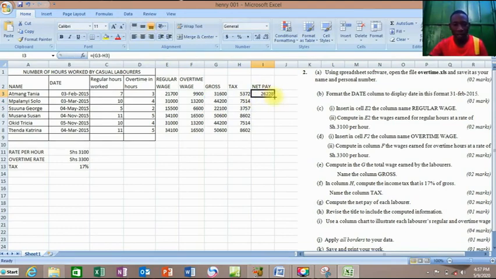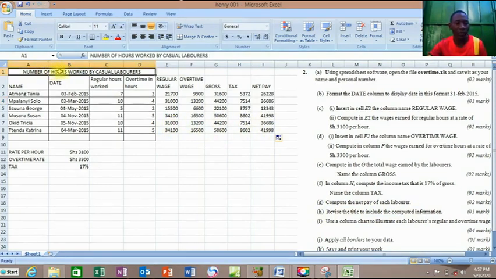So we come down here, we drag. So that means that they are going to get this value in G minus the H. Specifically, that is it. Then we are done with that. Revise the title and include the computed information. We have computed 1, 2, 3, 4, 5. So we are revising our title. That means that we are going to extend our